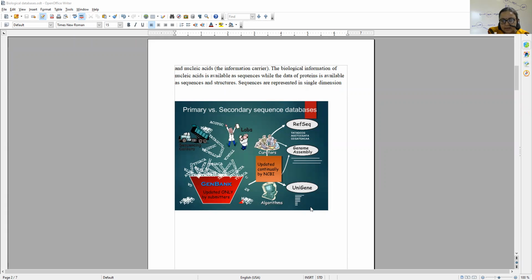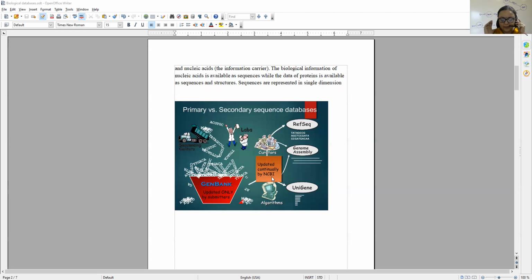GenBank is a primary database of nucleotides, and there are also secondary sequence databases. You can see in the image the different sequences extracted after the experiment. So let's start the practical session.